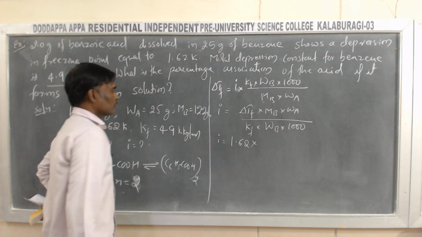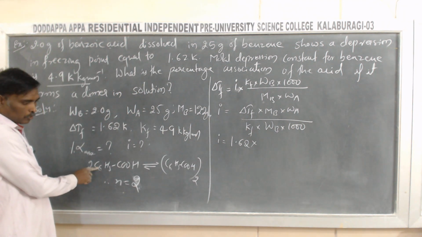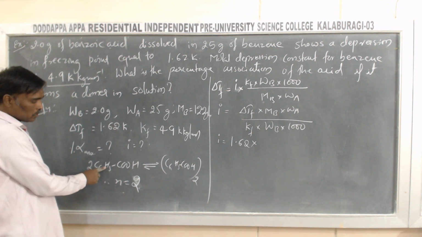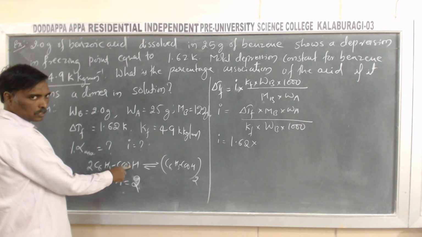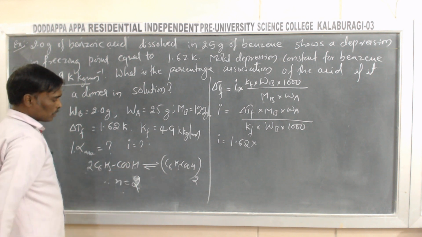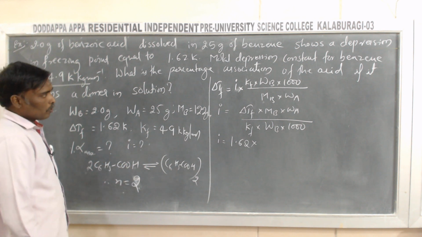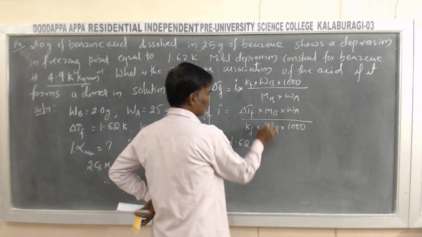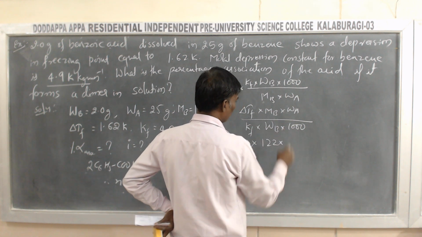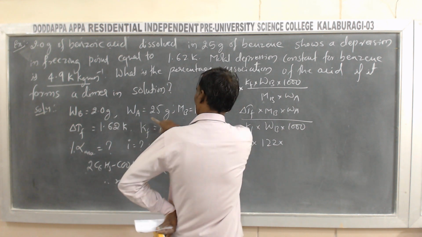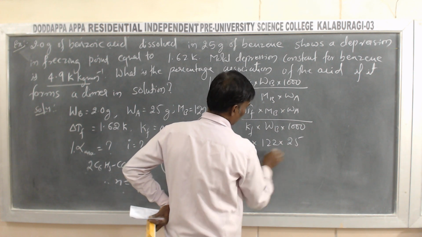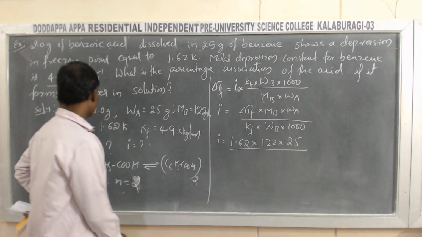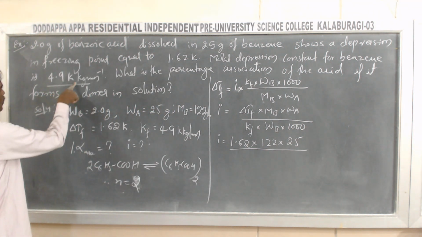per mole. Okay. The atomic mass of carbon is 12, so 12 into 6, plus hydrogen 5, 5 into 1, again carbon 12, oxygen 16 plus 16 is 32, plus hydrogen 1. So add all these atomic masses and you will get the molecular mass, its value is 122. So the Mb value is 122 into Wa, the mass of the solvent. The mass of solvent is 25 grams. The solvent here is benzene. Then the Kf value for benzene is given as 4.9 Kelvin.